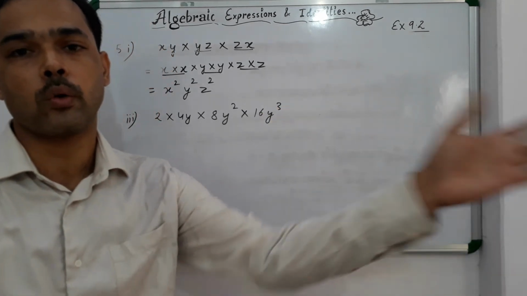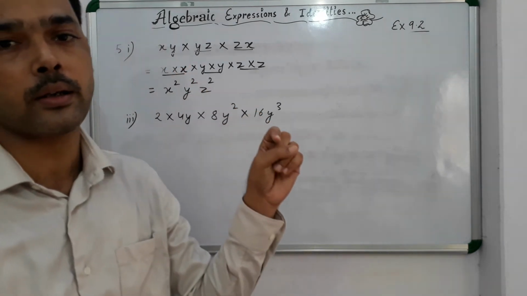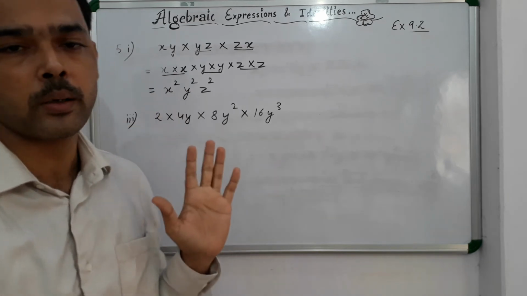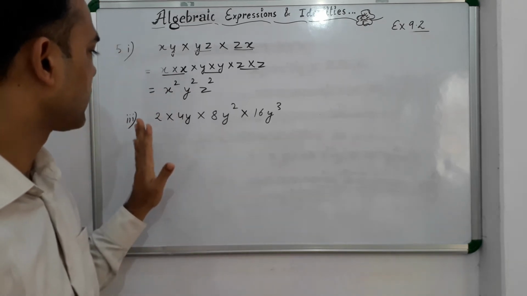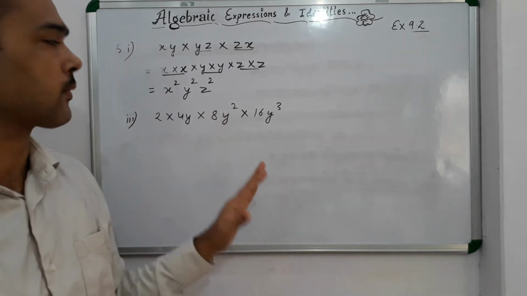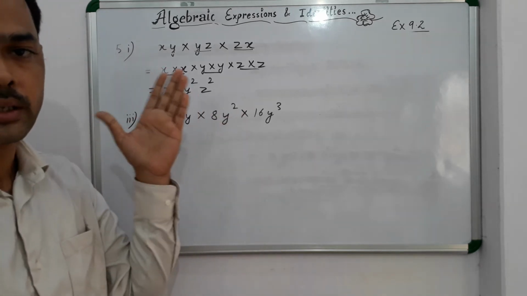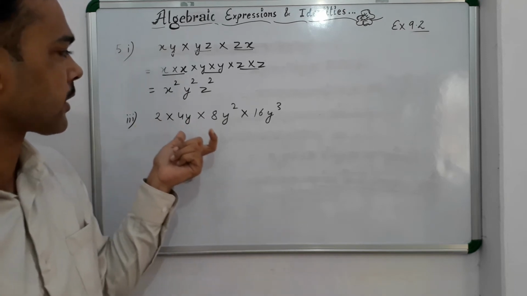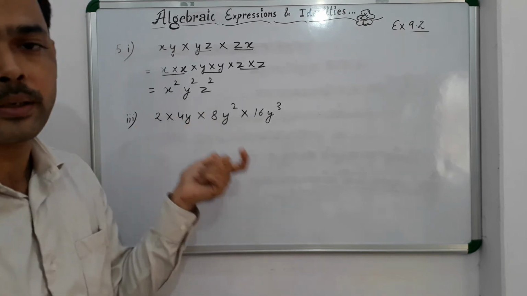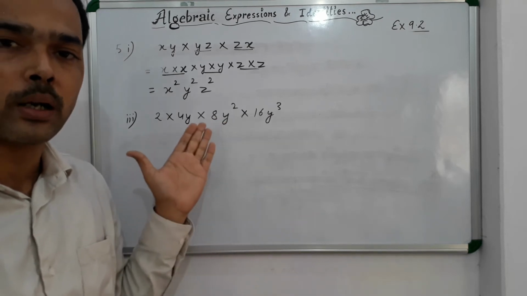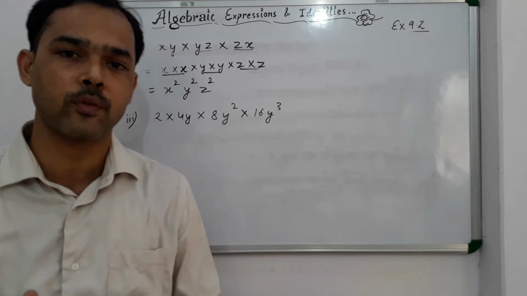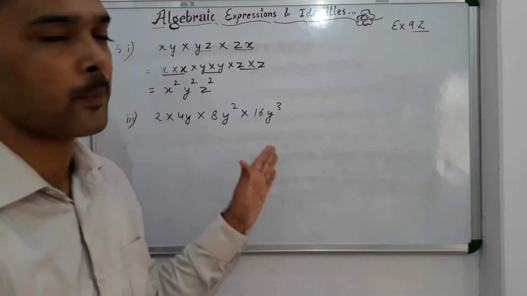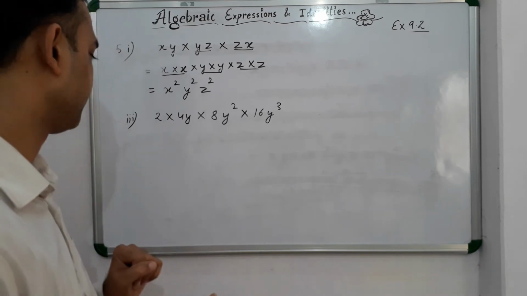Now what we will be doing over here is, in the previous one we had no constant, it means it is 1, so if you multiply you always get 1. But here there are constants, so you know that first you see sign, then you see the constants, then you see the variables. And since here every term is positive, when you multiply positive numbers, they give you a positive number only. And here since all of them are positive, it will be a positive number.